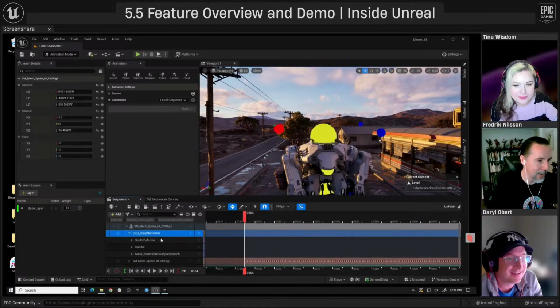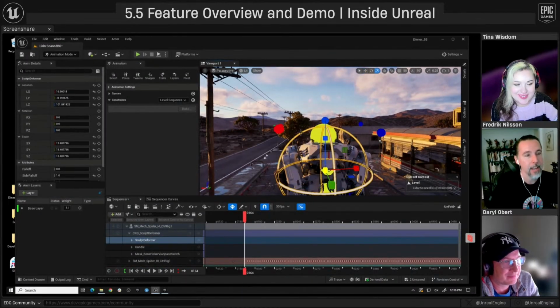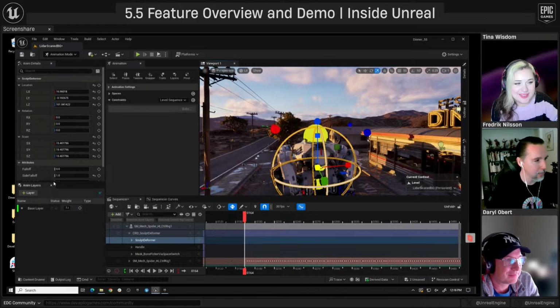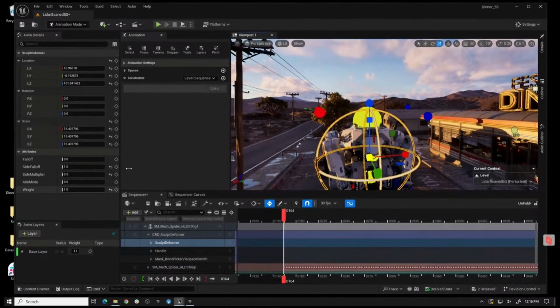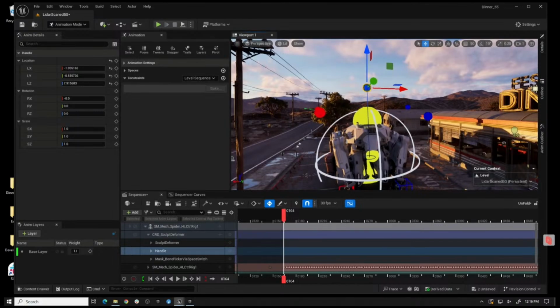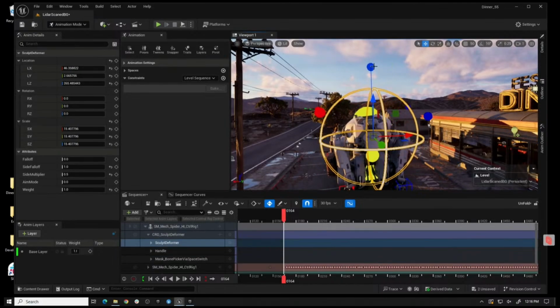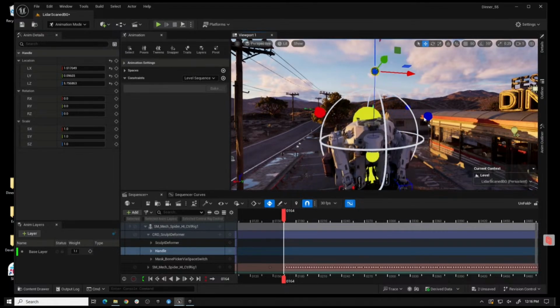So now it's added this guy. I can now do the same thing. I scale this sphere up. And you'll see this has more options here. This has falloff, side falloff, side multiplier, and aim mode and weight. If I start moving this guy, let me actually move it up a bit, and I move this control, you can see now I get kind of free volume preservation of squash and stretch.